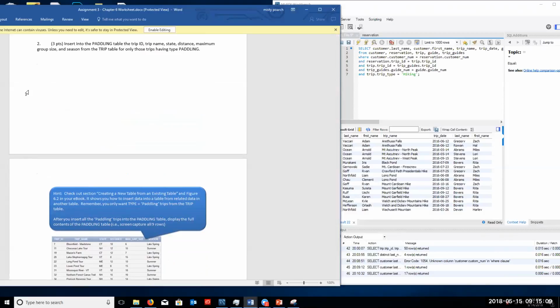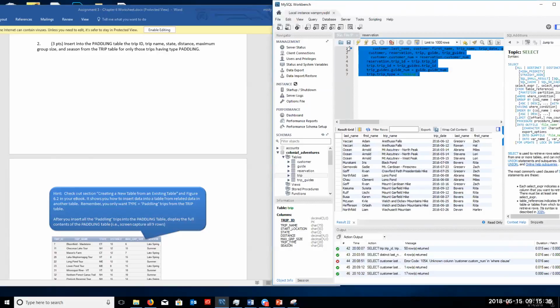There is a quick way to do that. Number 2, you can do insert into paddling and do the select, all of the select stuff. So this is what your query would look like. I'm not going to run it because I don't have a paddling table at the moment, but this is what it would look like. You would do insert